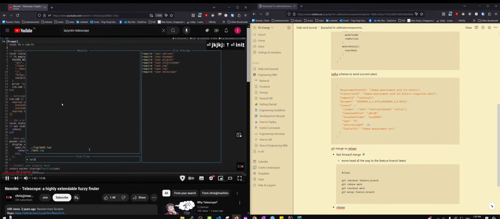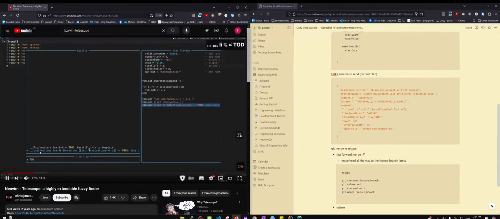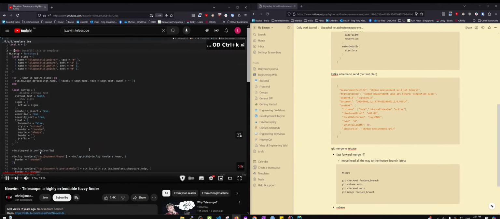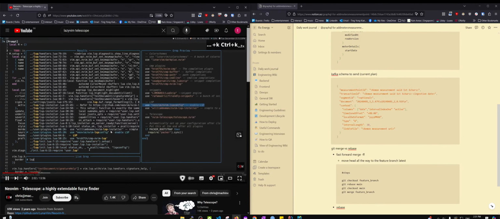So we can do that again, jump over to init.lua, and you can move throughout your project very easily using that. Another thing that you can do is live grep. So we can do live grep, and then we can search for all of the to-dos in our project and then just jump over to them, or we can search for everywhere in our project where we use the